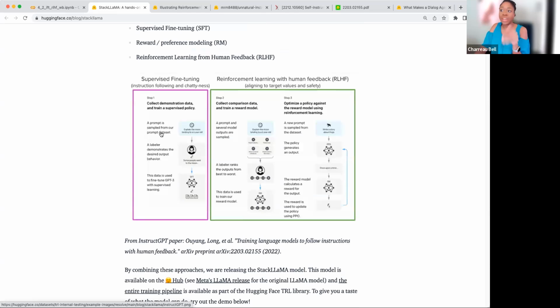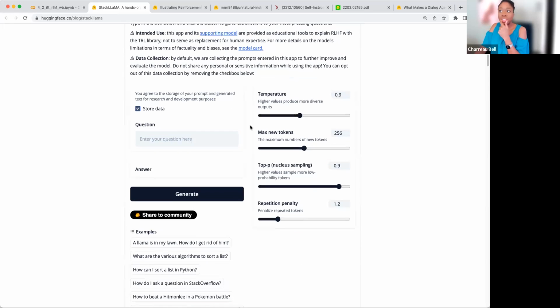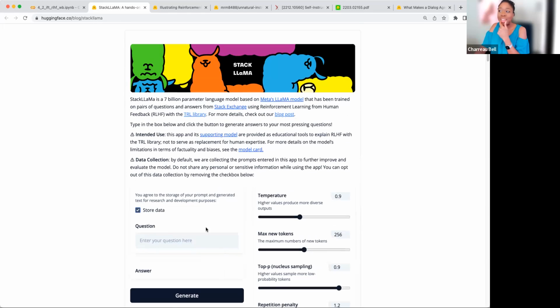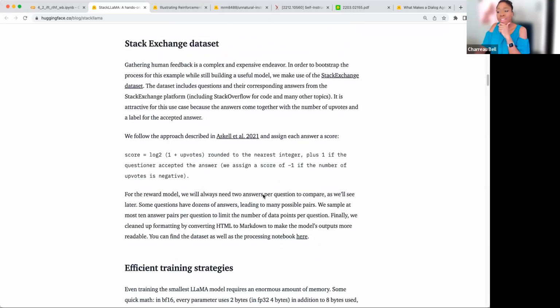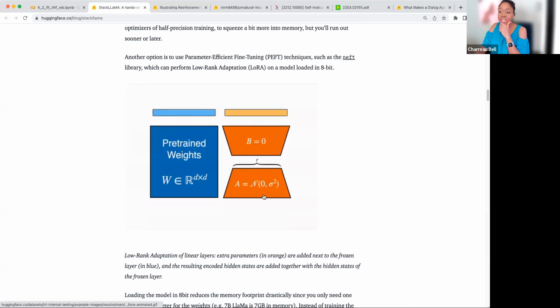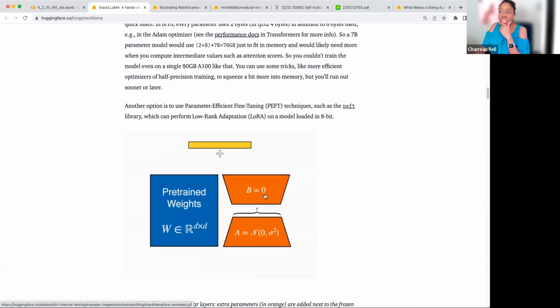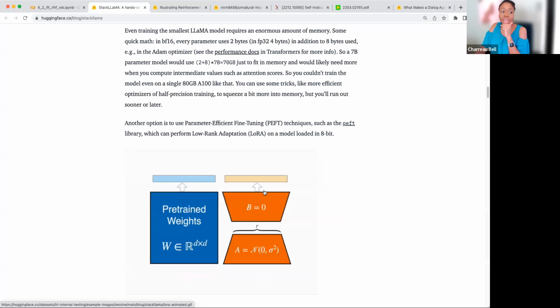Again, we have that same supervised fine-tuning where we do instruction following, and we're making it helpful for us. And then here we also have this ability to actually get the responses that we want. If you want to, you can try the actual Hugging Face space that has been provided to interact with this. But maybe it would be better if you just went through this on your own, gave it a good read to understand a little bit more about reinforcement learning from human feedback and how this is trained.